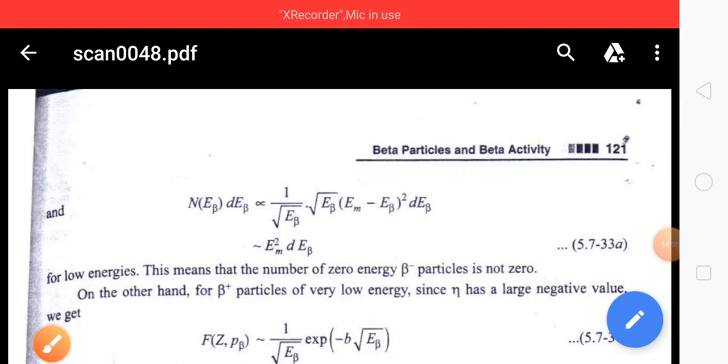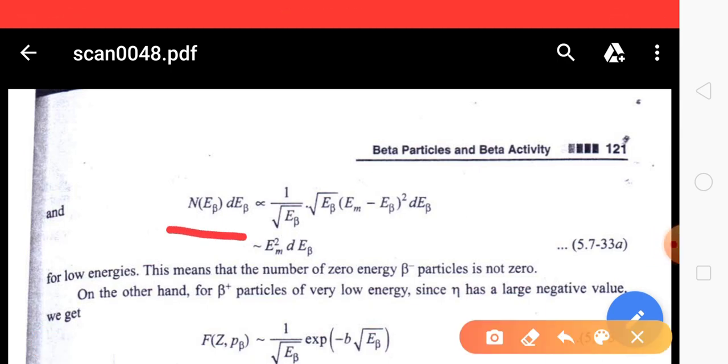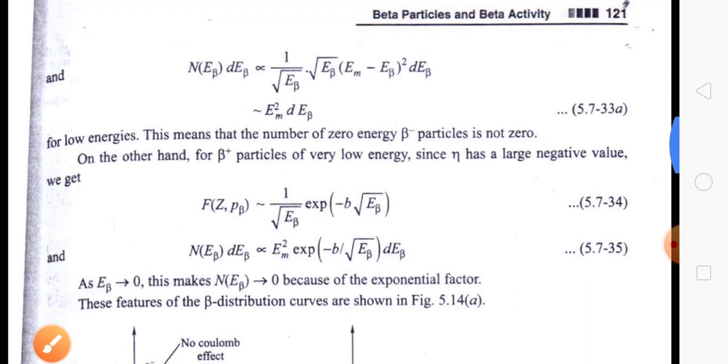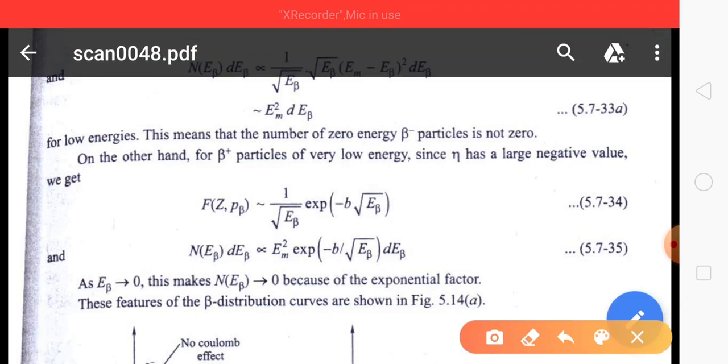Just please keep in touch with the previous equations, then only you will understand. So again this distribution reduces to Em square into dEb for low energies. This means that the number of zero energy beta negative particles is not 0. On the other hand, for beta positive particles of very low energy, since eta has a large negative value, we get